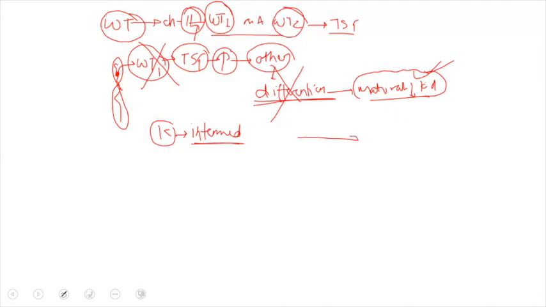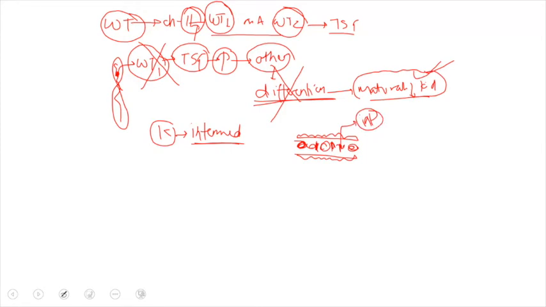So let's just consider this an ectoderm, and this is our notochord, and just at the side we consider this our paraxial mesoderm, and this is the intermediate mesoderm, and this is our lateral plate mesoderm. So this is our paraxial mesoderm, intermediate mesoderm, and lateral plate mesoderm. And this is our endoderm, right? So the kidney will develop from this intermediate mesoderm. The development of the kidney will occur from the intermediate mesoderm.